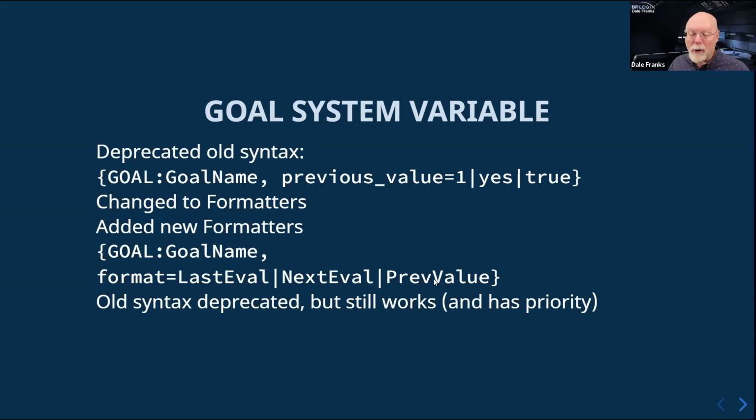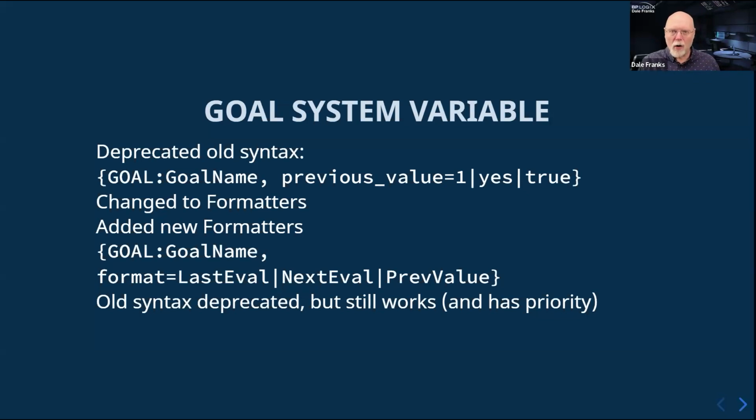If you don't put in a formatter at all, then the goal will simply return whatever the current value of the goal name is. Whatever your goal is named, it'll just return the current value of that. So you'd only use the formatter if you wanted to return something other than the current value of the goal. So in that sense, the goal system variable remains unchanged.